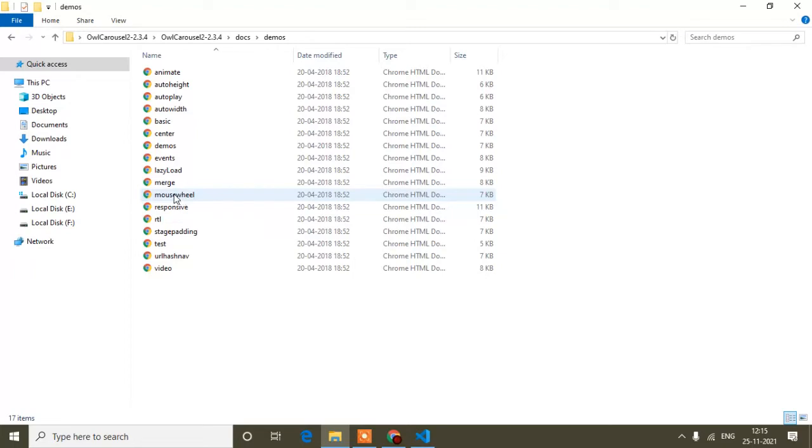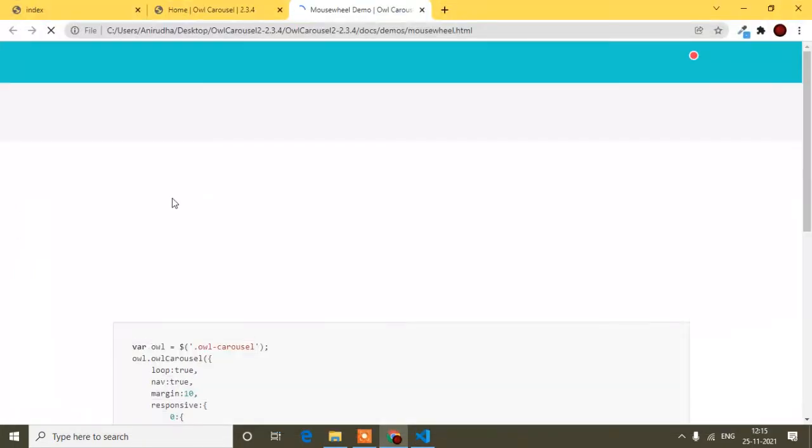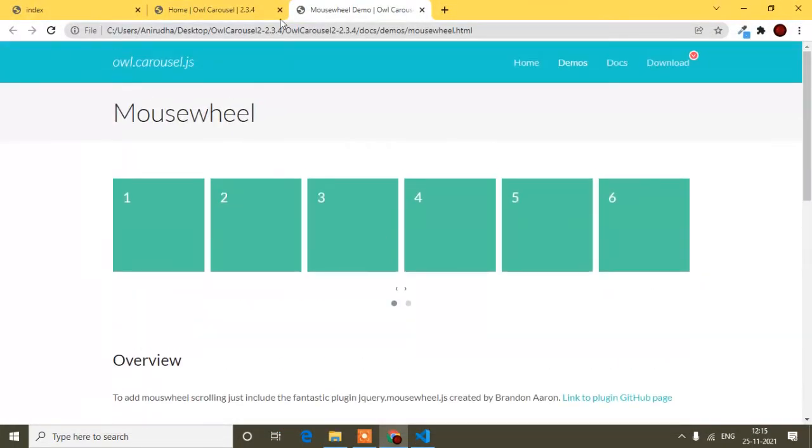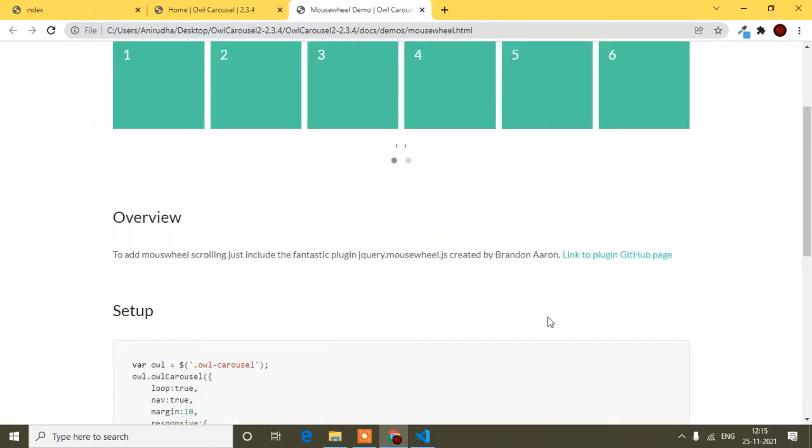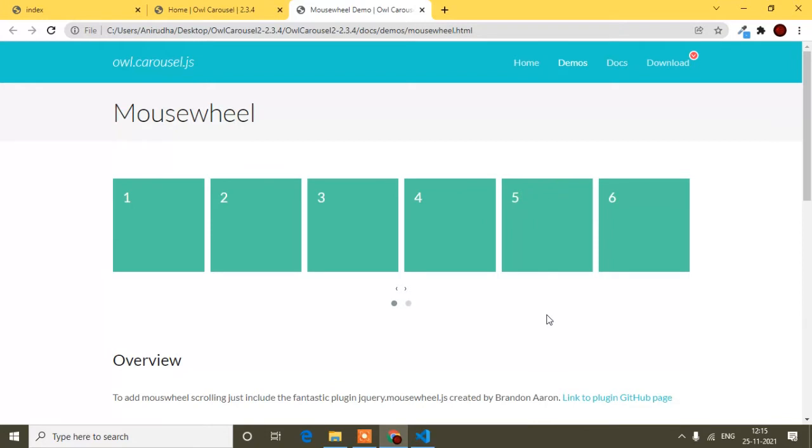Suppose I open mouse wheel, so I will click this one. You can see this file is open. Whatever steps I'm doing, you have to follow the same steps, and then I think you can implement Owl Carousel easily in your application. This is the demo for mouse wheel.